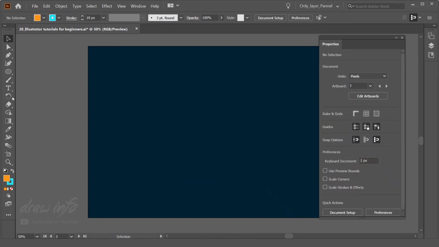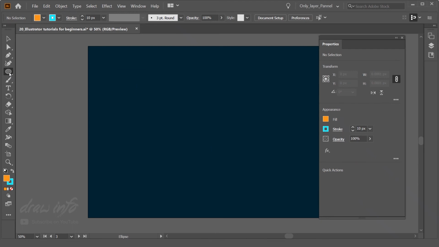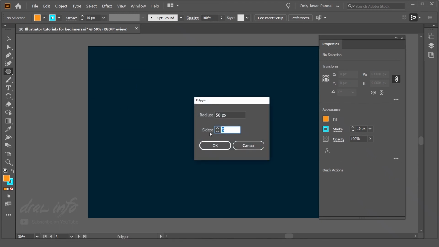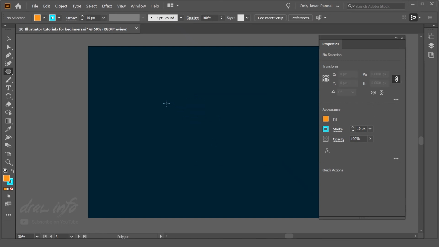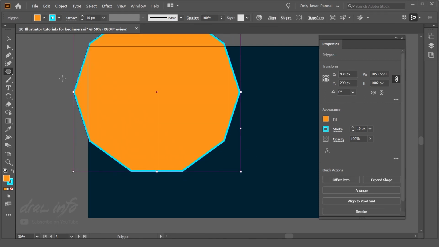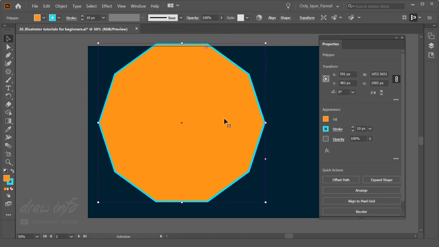There are a couple more options, I'll quickly go through them. You see there is a polygon tool, and if you click here you will get sides. You can control the sides, say you want a 10-sided polygon with a radius of 50, you can click that and you will get that many polygon edges.